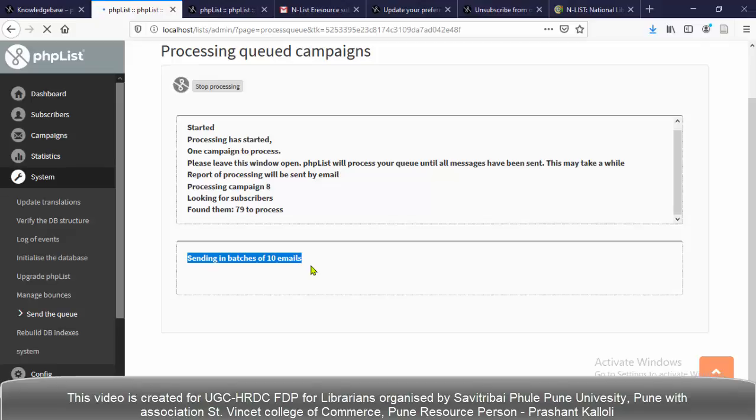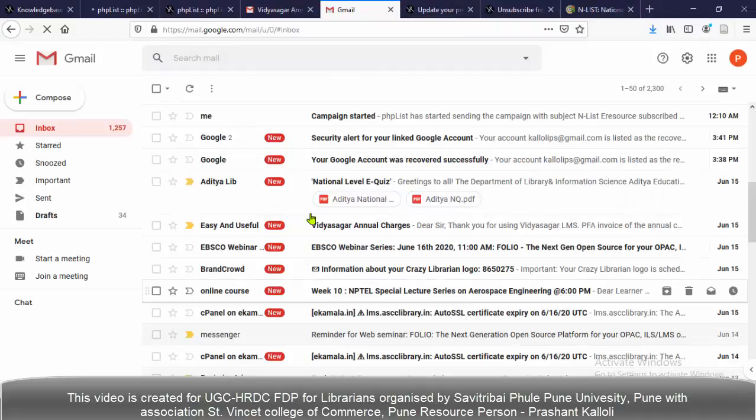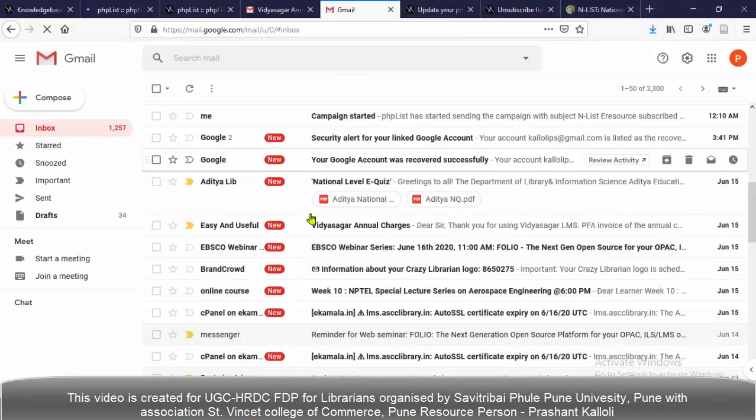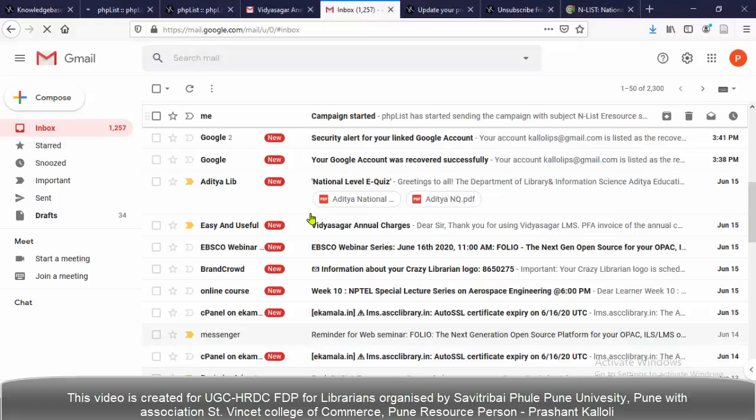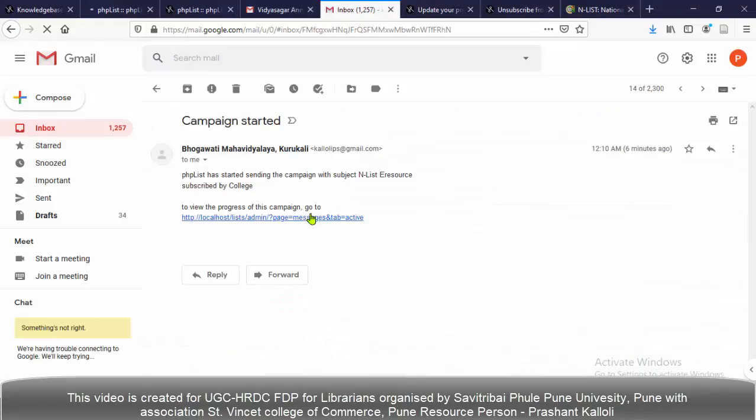So wait for processing. Meanwhile, I'm going to my Gmail account, which is linked with the PHPlist application. If you see here, it sent a mail to me that the campaign started, sending campaign with subject endless resources.